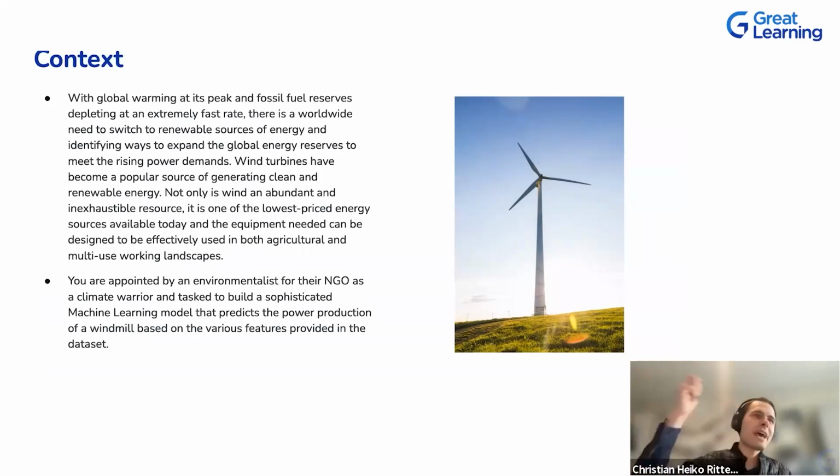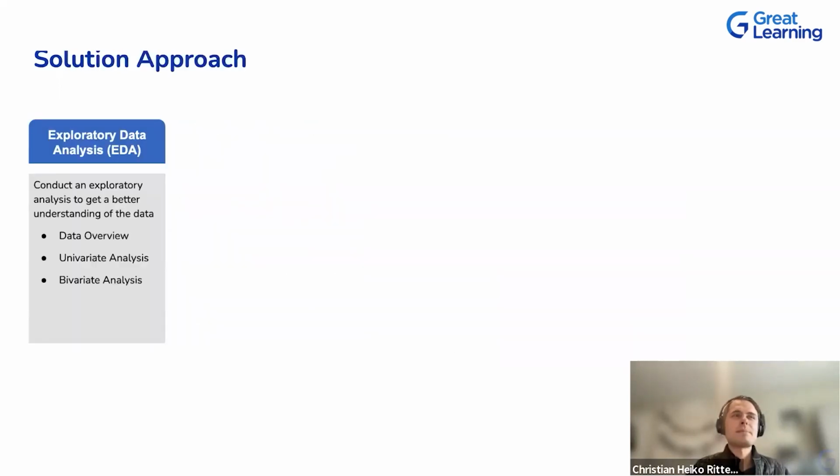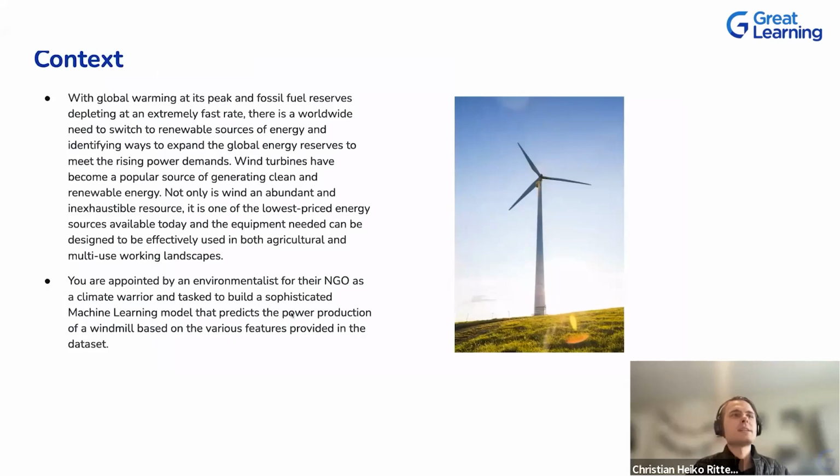So we put on the head of a data scientist working for an environment NGO. And so our goal is to apply machine learning and to get insights into the energy production. Now, let me clarify in a moment, what does that actually mean? We will see that when we understand the data a little bit better. But at the high level, our high level goal is, can we predict the power production?